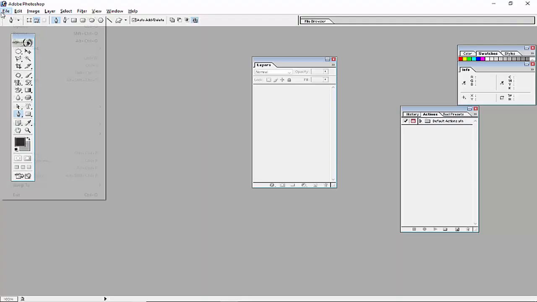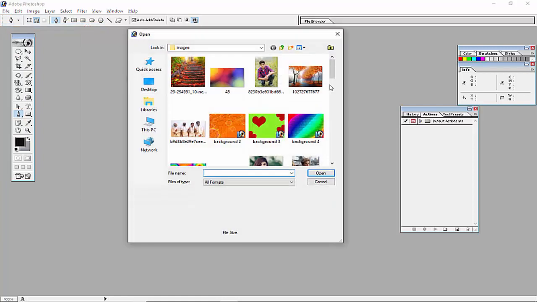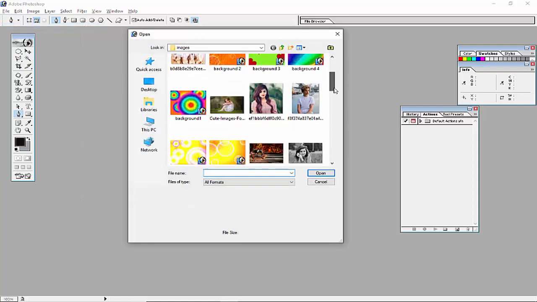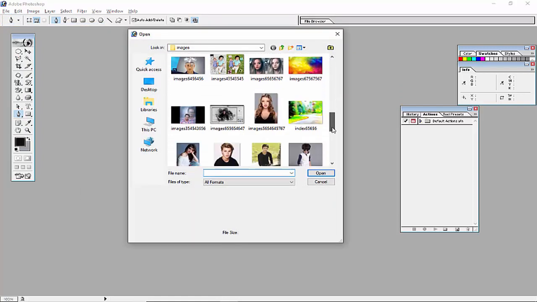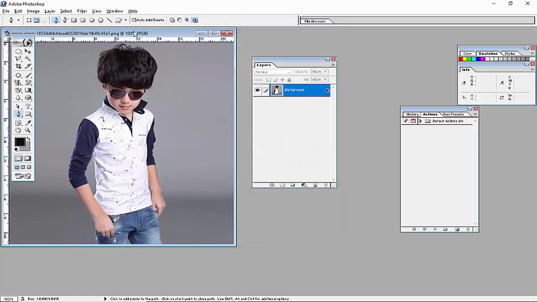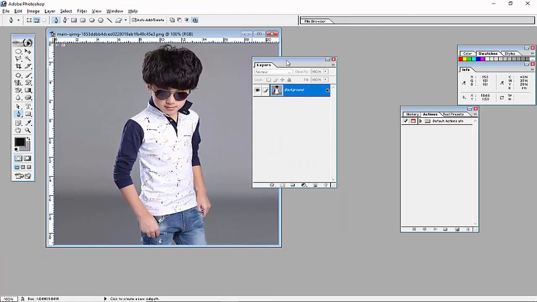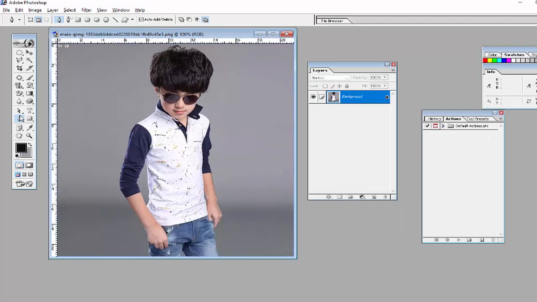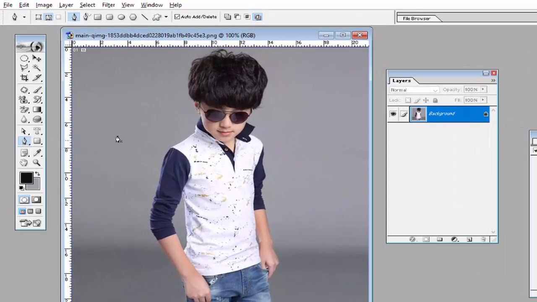So friends, in this video we will give some art effect to an image. First we will select the image to give the art effect to. First of all, we will have to use the pen tool to select the part of this image to give the art effect to, and before that, click on the option Path to select the part of this image like this.